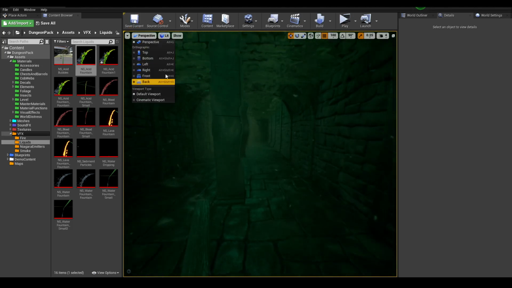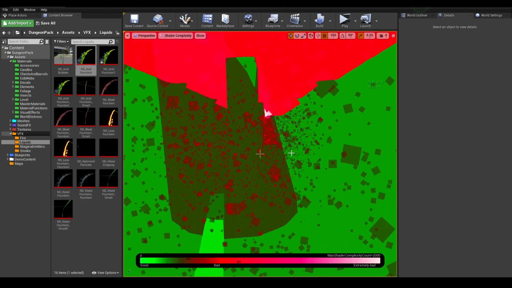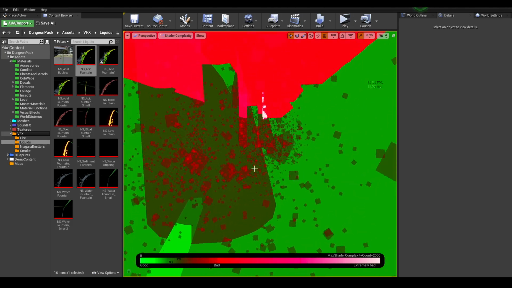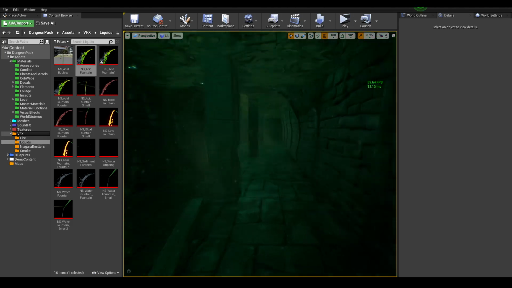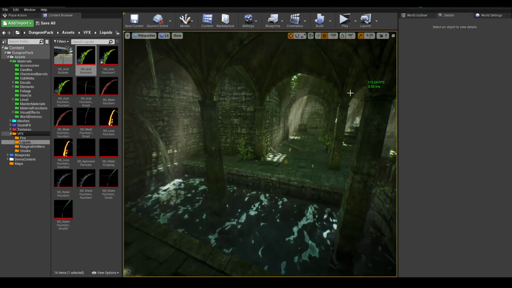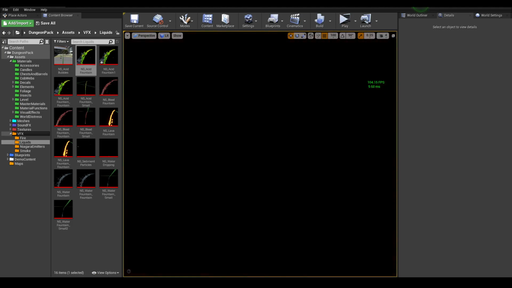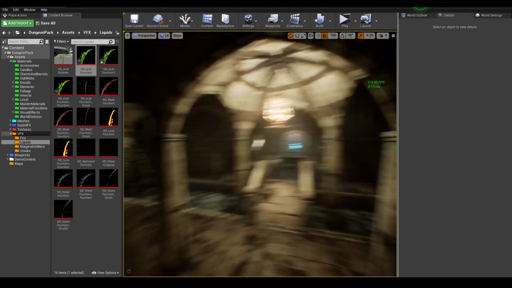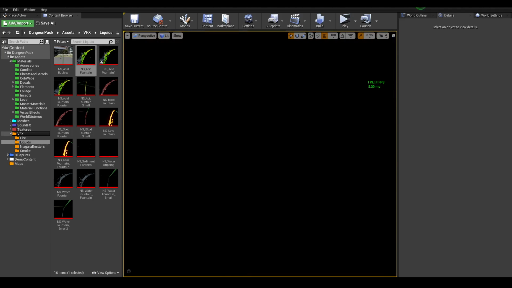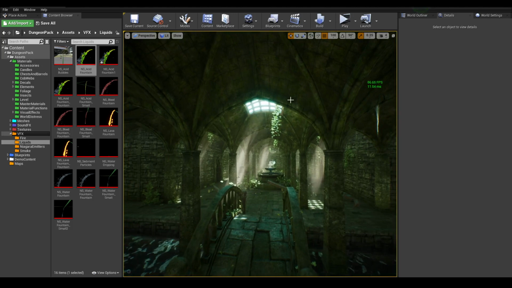Which, by the way, let's take a look at what it looks like in shader complexity. All these guys are actual red particles. They are taking memory. So the less particles you have on screen, the better your frame rate runs. Take some of these, for example. Some of these run way better than others because of this fact. This has way too many